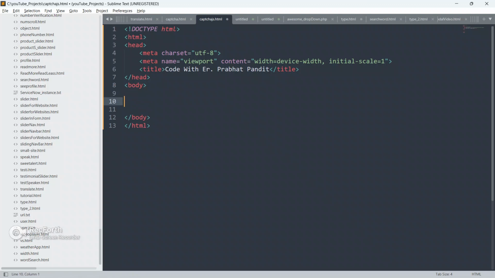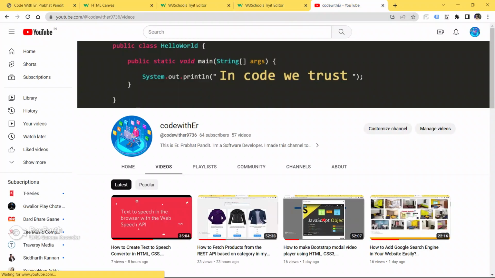In this video guys, we are not going to use any Bootstrap because this will be fully based on JavaScript, how to create this kind of CAPTCHA when you click on the button click me, okay. As you can see guys, here every string is different, no repetition at all. This is very dynamic and very useful guys. You can use this kind of CAPTCHA in your website, in your form validation, okay. So let's get started and learn how to make this kind of CAPTCHA.